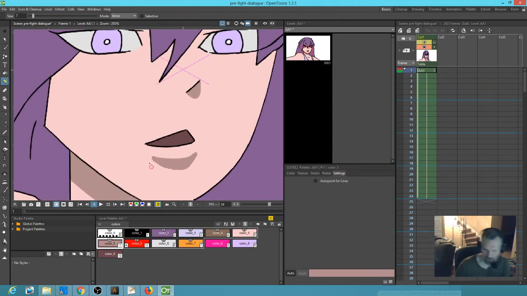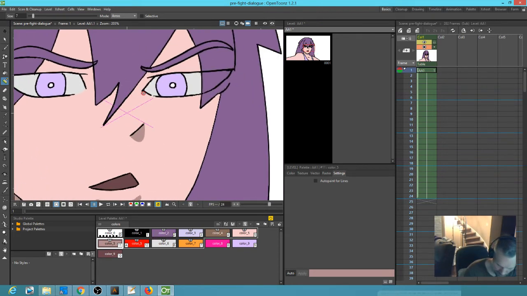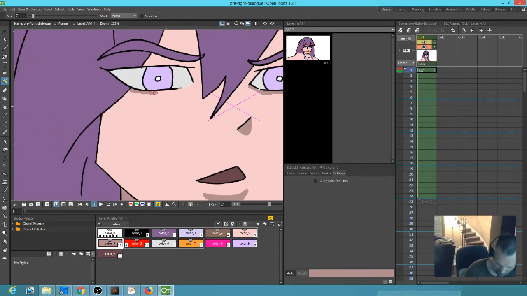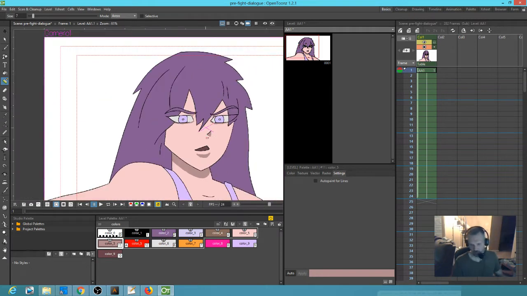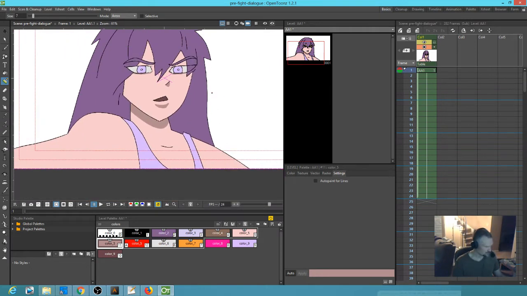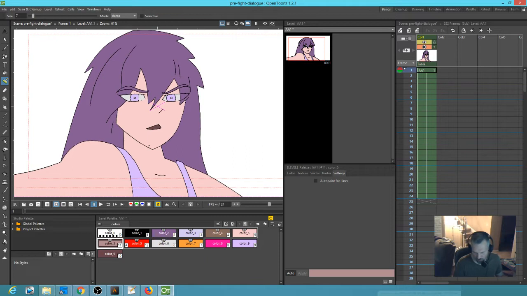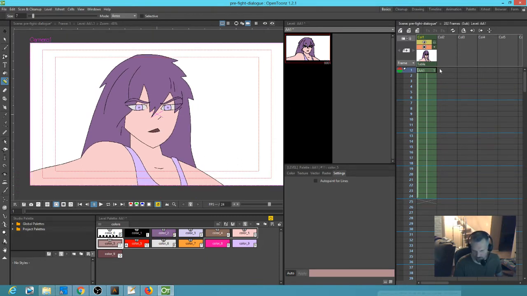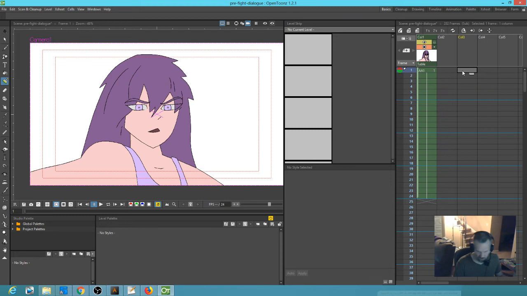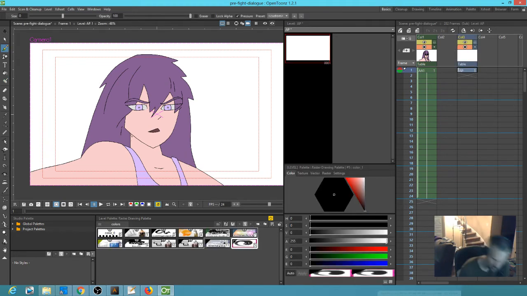Okay. Now I'm kind of putting myself at risk here because the shadows I'm drawing for demonstration purposes I don't necessarily actually want in this shot. So I'm going to hit Control Z a few times and just undo all this stuff. Okay. But that is kind of the traditional anime way to do shadows. Now I'm going to demonstrate a couple other ways to do shadows, both of which involve putting your shadows on a completely separate level. So I'm going to hit the B key, and I guess we'll use,